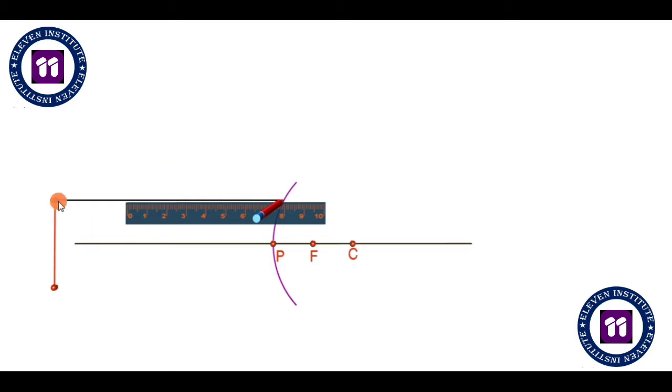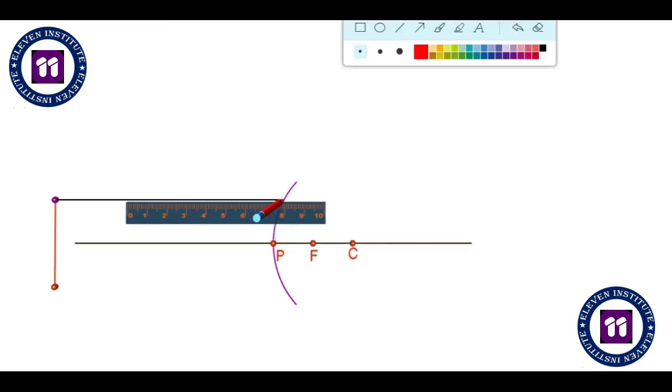See, this ray is incident ray, right? Now this ray is incident ray, and it is traveling parallel to the principal axis. So first thing that you have to do, my dear friends, is draw an arrow like this. This is incident ray. Fine. I hope this is clear to you.